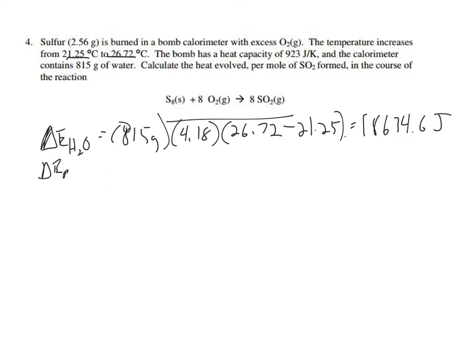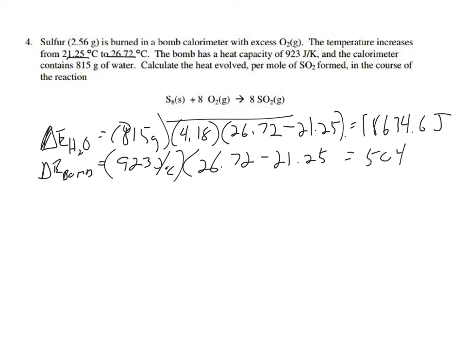Now for the bomb, which is the container, usually made of steel or iron or something, we've got the heat capacity of 923, and that's joules per Kelvin or joules per degree Celsius. Doesn't matter, they're the same size increments, so we can use the same number. Then we multiply that by the temperature change, which is the same amount, and we get 5,048.81 joules, which means the total amount of energy released by the reaction was 23,683.4